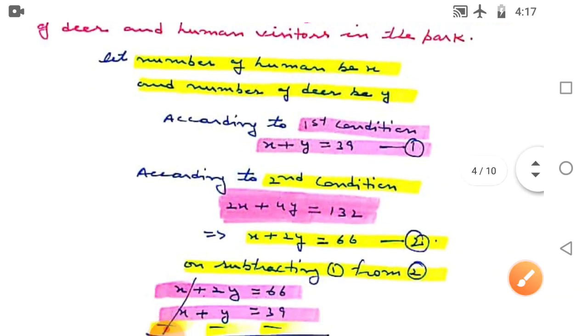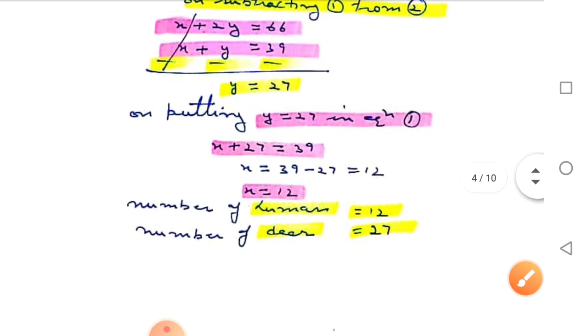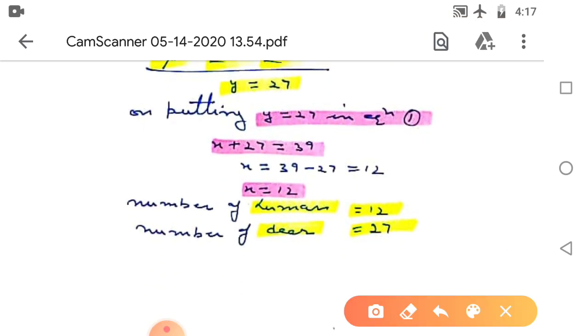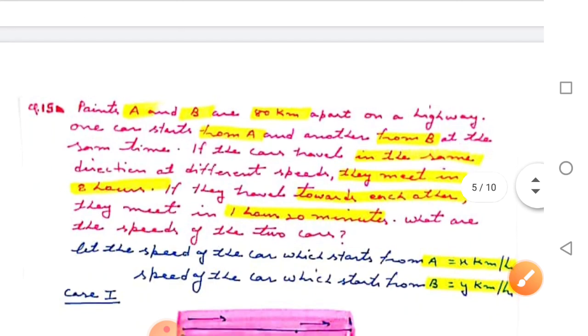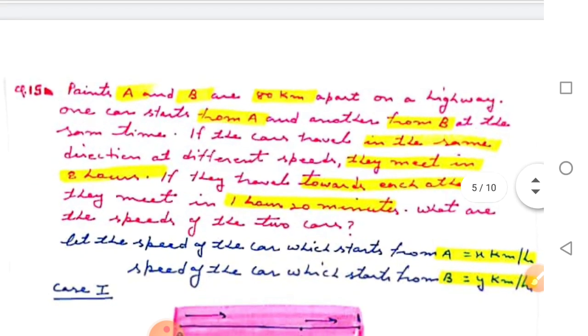And now you can solve, and after solving you get the value of x as 12, y as 27. So number of humans 12 and the number of deer 27. Clear? Now come to question number 15, and the question is